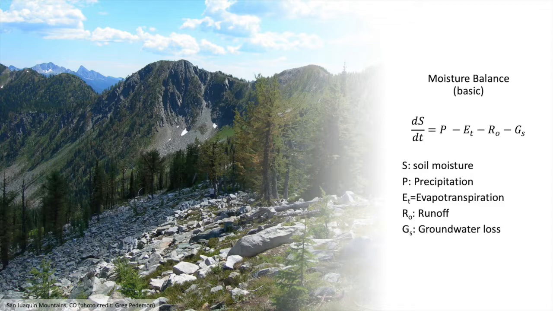I like it because it captures a lot of the aspects of what we think about when we think about the moisture balance. This is, on small spatial scales, we're talking about a few meters or even up to a few hundred meters maybe, where the supply of moisture gets partitioned into these different components. So if it's raining heavily here, there's going to be a substantial amount of runoff, but not all of it's going to be lost to runoff. There's going to be some change in the soil moisture. And that change in soil moisture is going to then be further modified by the role of vegetation.